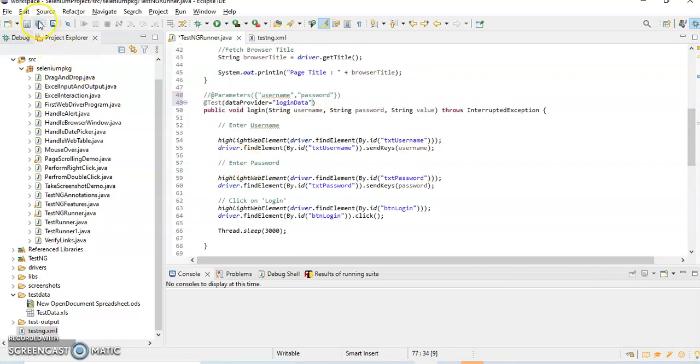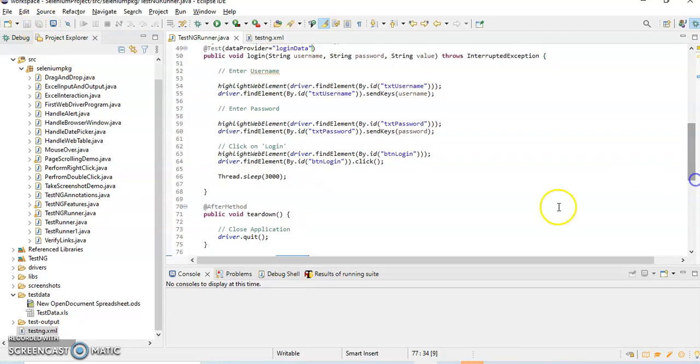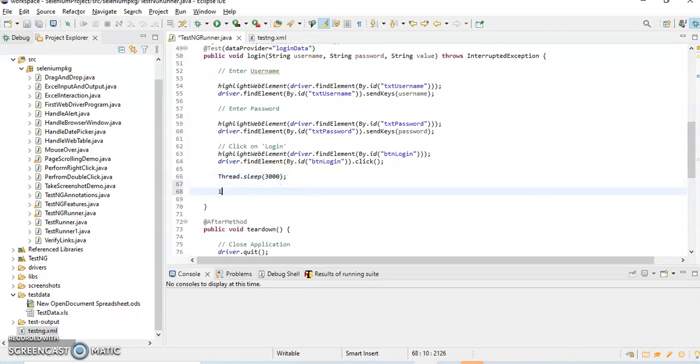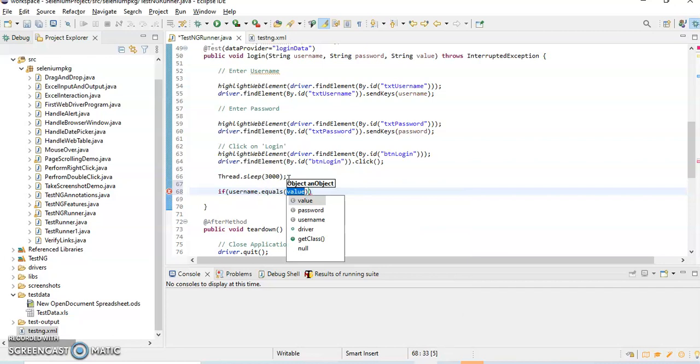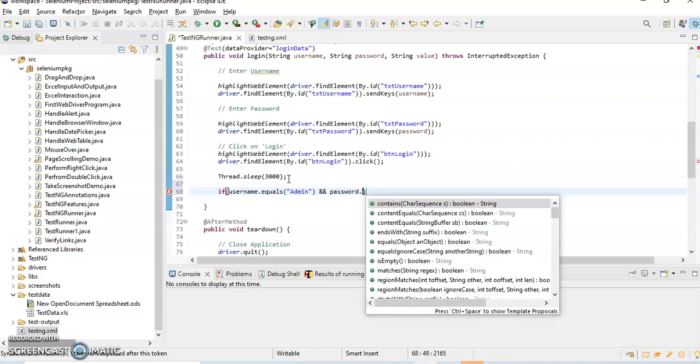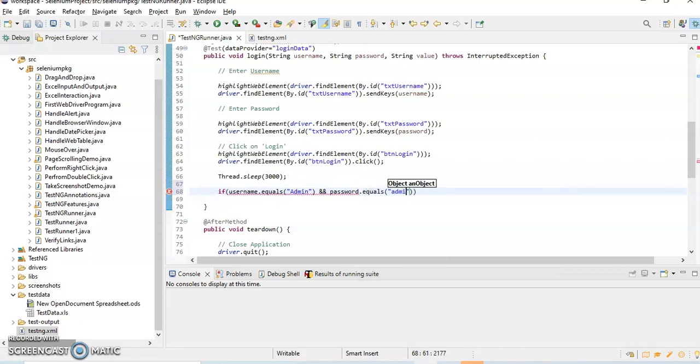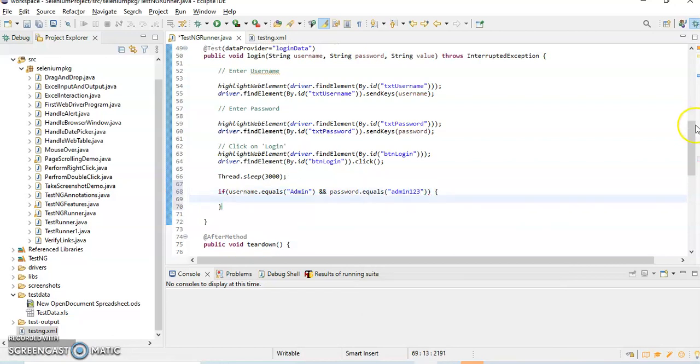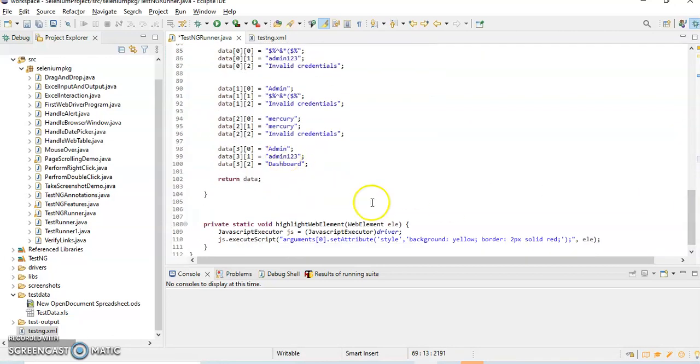Okay, so now what I will do, I will put one condition over here, like if username is equal to admin, or I can write like this, if username dot equals admin and password dot equals admin123, then it has to validate with dashboard, right?